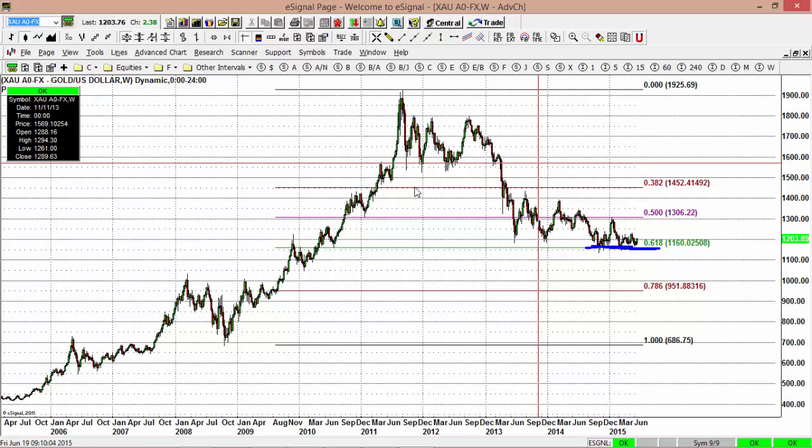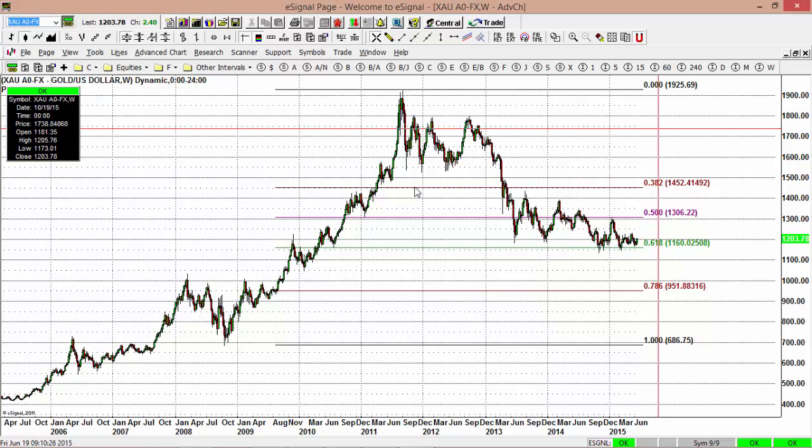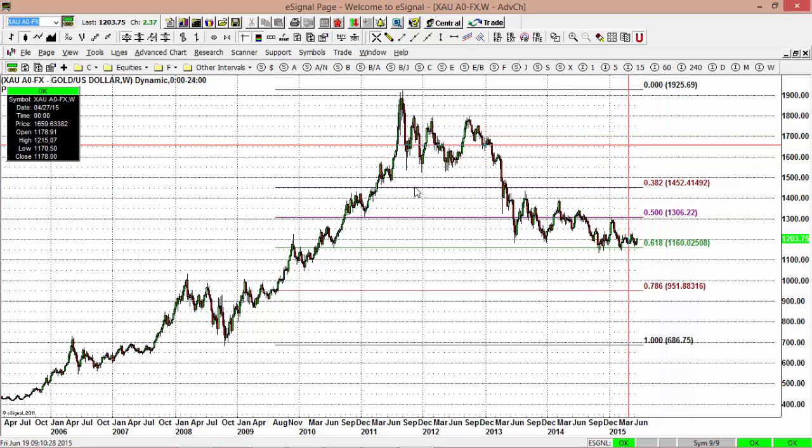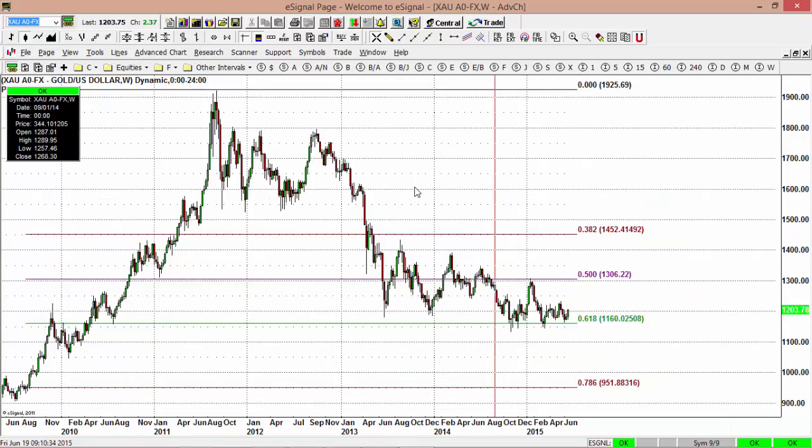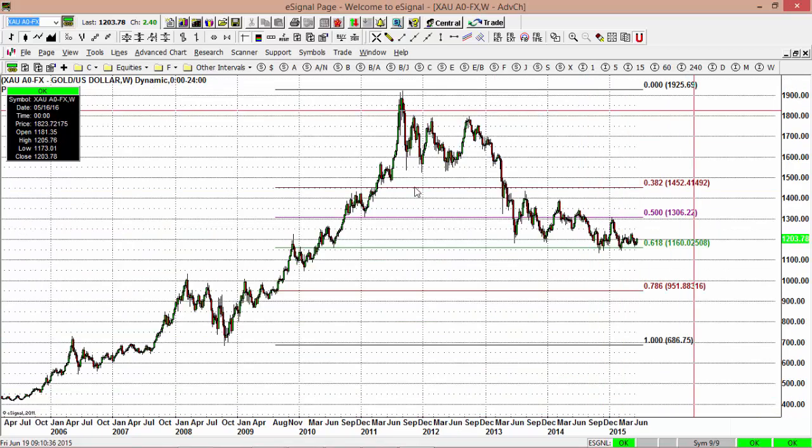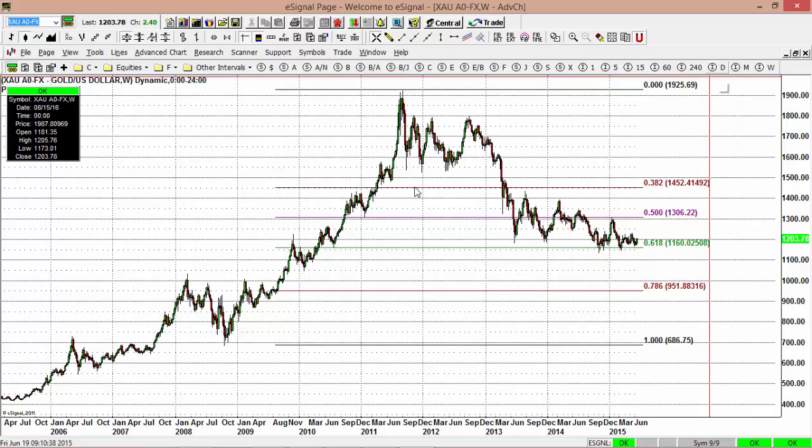And that's why this market is offering so much support around here, because I suspect you have a lot of buyers buying this market at the 618 retracement level with a hope that the market will eventually turn around and head back up. So this is definitely something to watch out for gold, and for you long-term players in gold, it will definitely be beneficial if you keep an eye on this market, because we could be at a turnaround